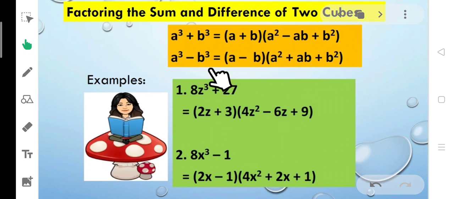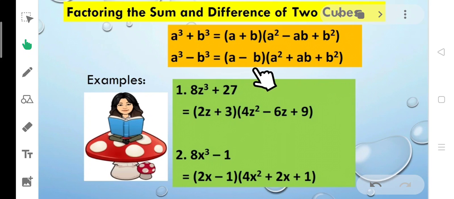Okay. For example, the cube root of a cubed is a because a times a times a is a cubed. The cube root of negative b cubed is negative b because if you multiply negative b times negative b, that is positive b squared, times negative b, because there are 3 negative b's that we're going to multiply. So the positive b squared times negative b is negative b cubed. Okay, so one binomial factor is a minus b, and then the other factor, the trinomial factor, can be obtained